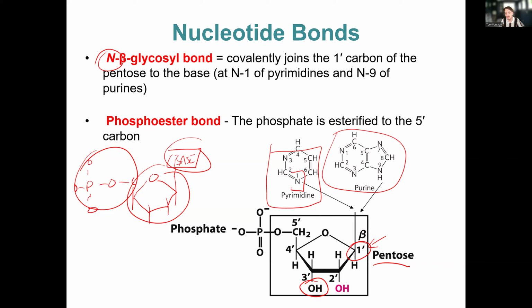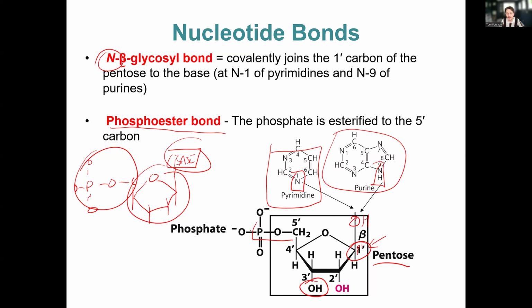Rather, it's a nitrogen from the base, so it's an N glycosidic bond. And of course, it's beta because the OH of the sugar is in the beta position. It's above, pointing upwards. So it's an N glycosidic bond onto carbon 1' of the pentose sugar, and